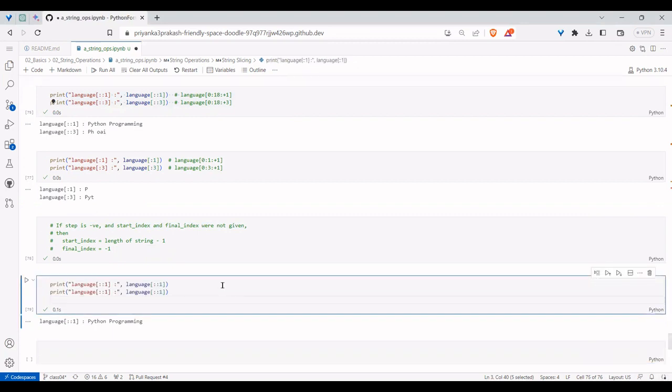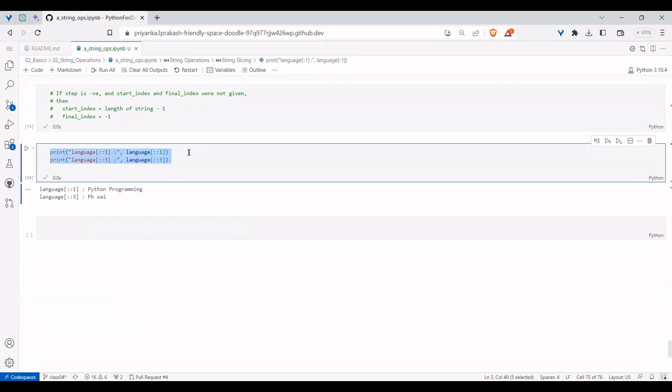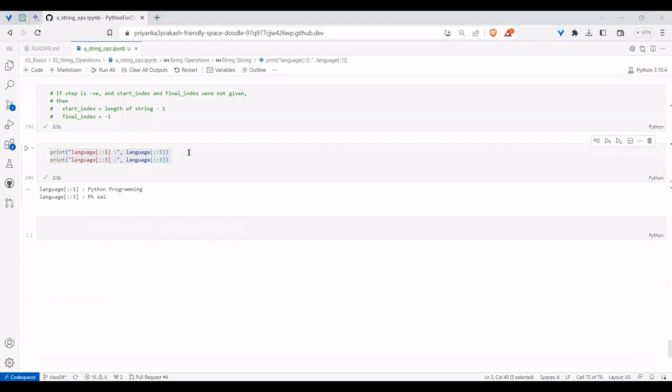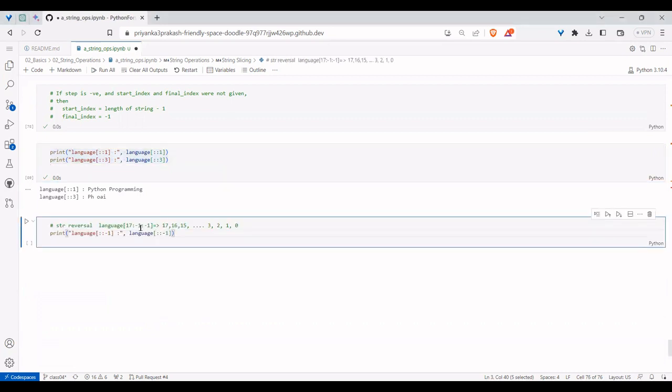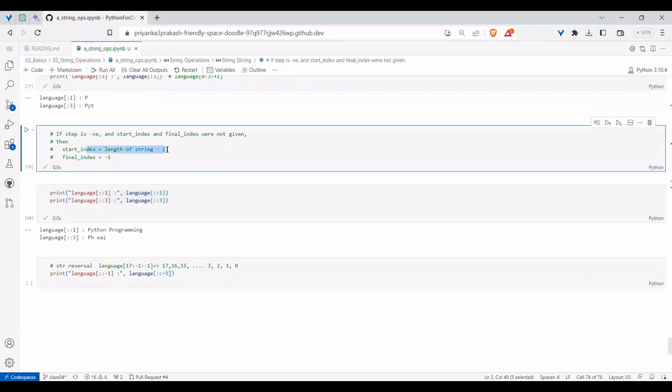If you do 2 or 3, you get every third character. The remaining ones are defaults, right? Till now we know that. Whereas if you do the same thing slightly differently, say -1, the first two values are defaults, you didn't mention them, but the step is negative. The moment you mention that, the starting index will be the length of the string minus 1, and the final is so and so.